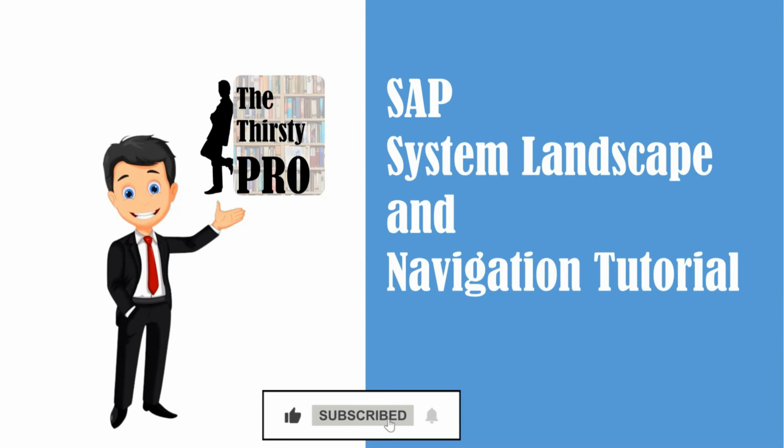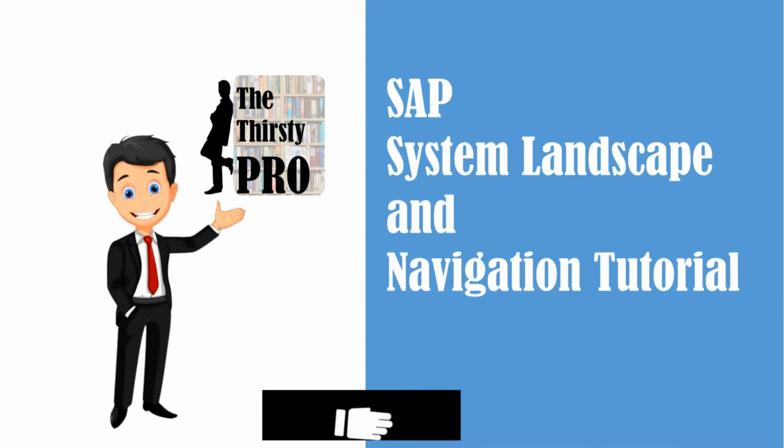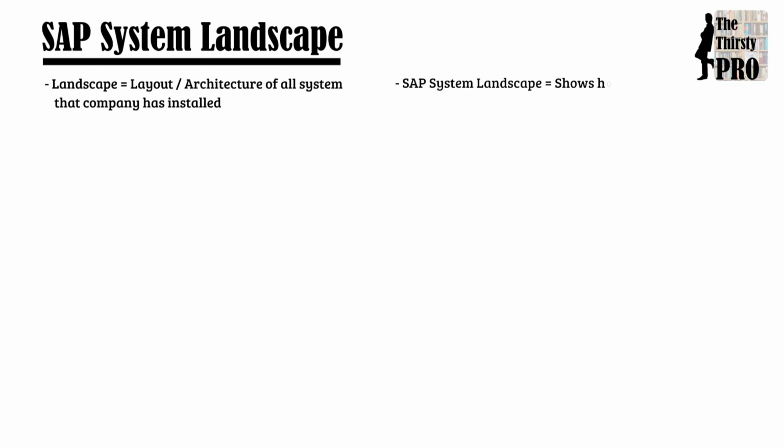Topic for this video is SAP System Landscape and Navigation. What is SAP System Landscape? In simple English, landscape means layout or design. Similarly, in context to SAP, this means layout or the design architecture for all systems that a company has installed. SAP Landscape gives an idea or information about the SAP systems, or we can say SAP servers and their linkages